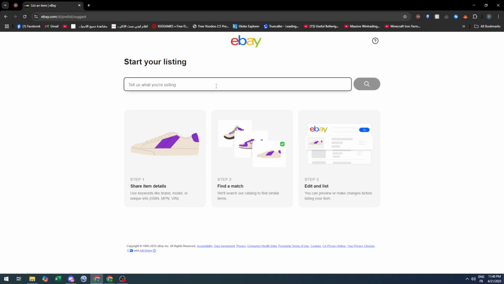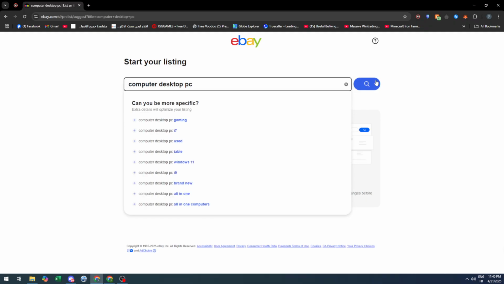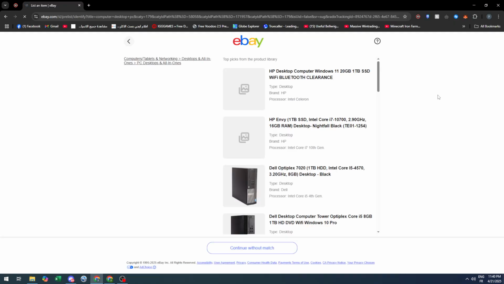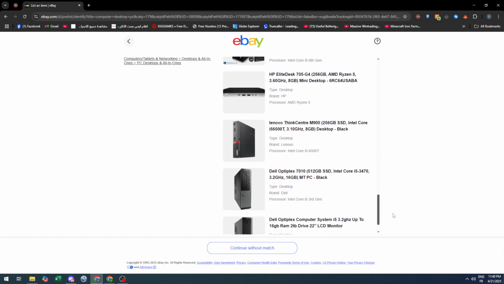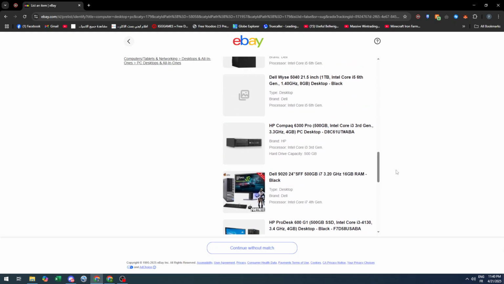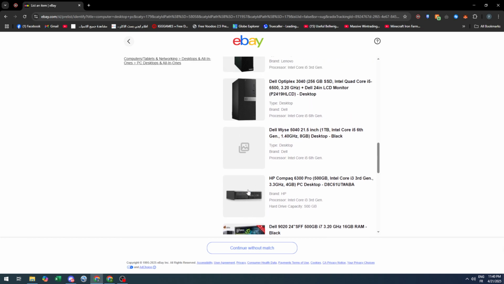Once you do that, this page will open, so try to tell them what you are going to sell. For example, in my case, I'm going to sell a computer, so I'm going to choose this one and search for it. Now they will give me similar products that have already been saved in the database, so I can basically just copy the information, so I don't have to go through filling in all of the information